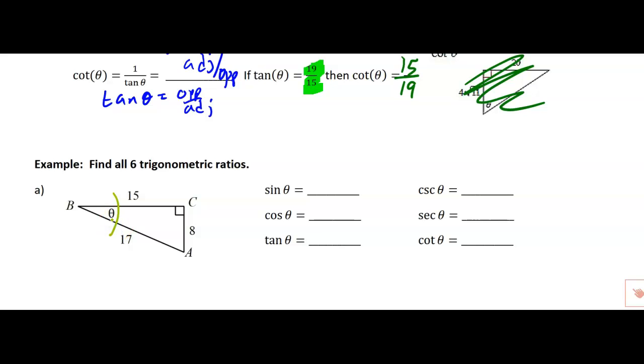All right, I would like you guys to find your 6 trig ratios. Do we feel like we can do that and then go over the answers, or do we feel like we need to just walk through it? We want to walk through it. Okay, so